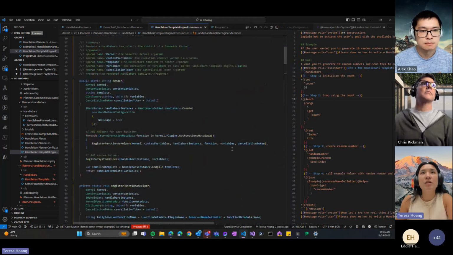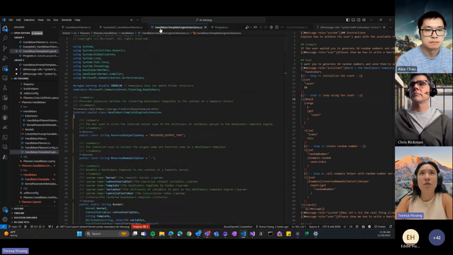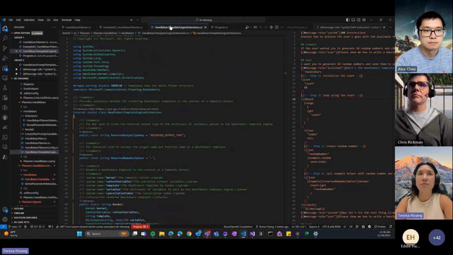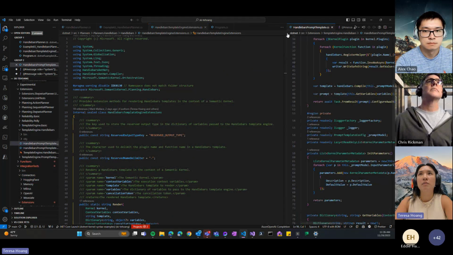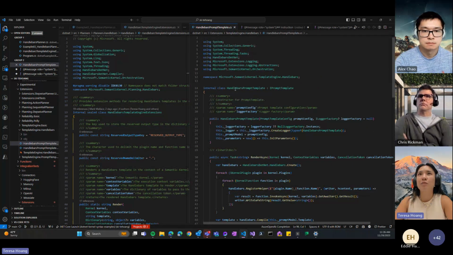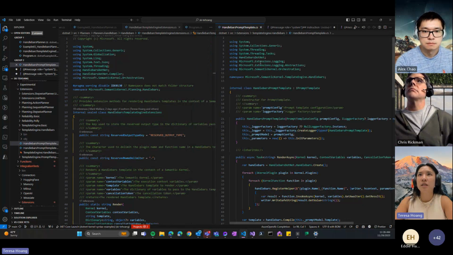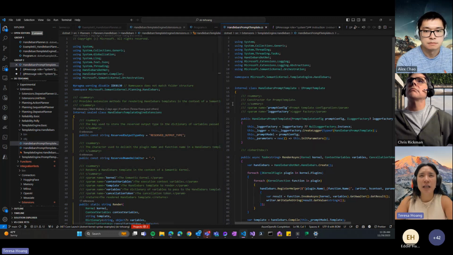In Semantic Kernel today, we already have support for Handlebars templates for your semantic functions. That's in a completely different folder, under the template engine Handlebars. So if you have a Handlebars template, you can run that as a semantic function, or just a function or plugin.